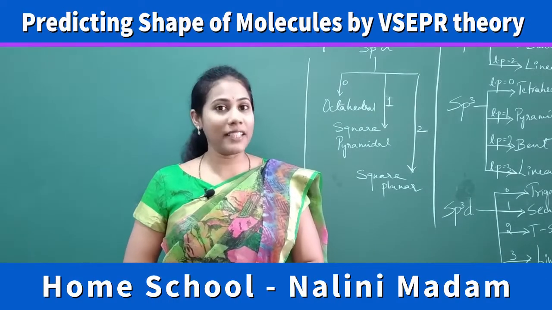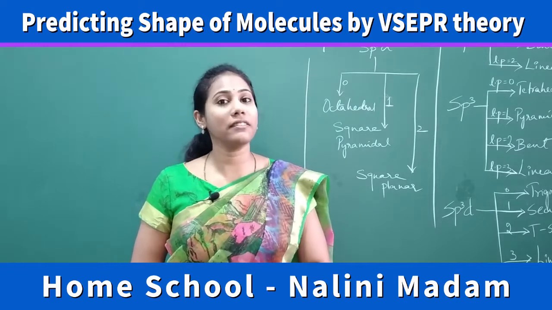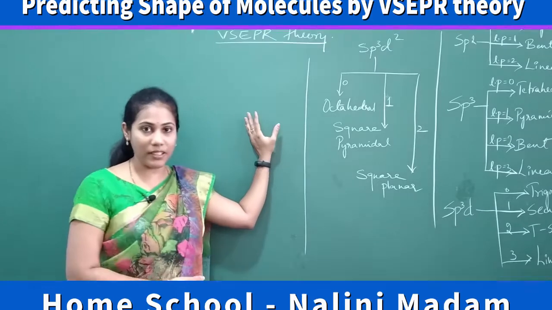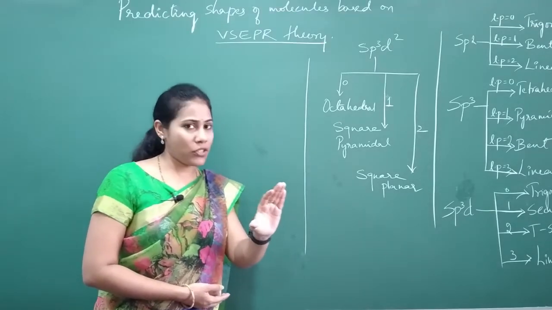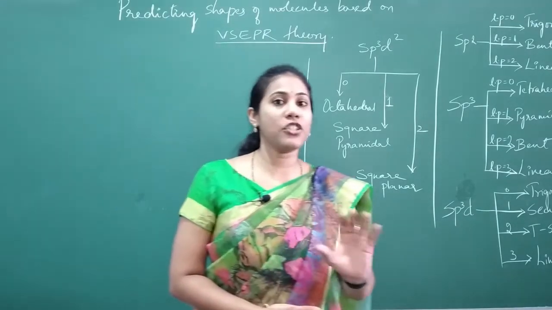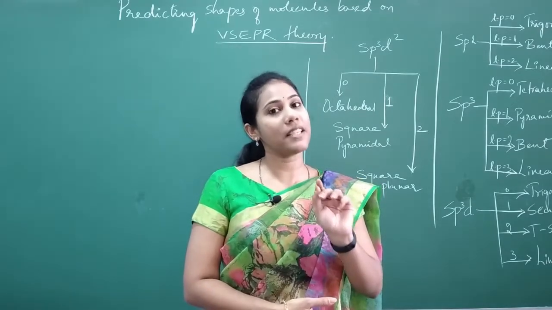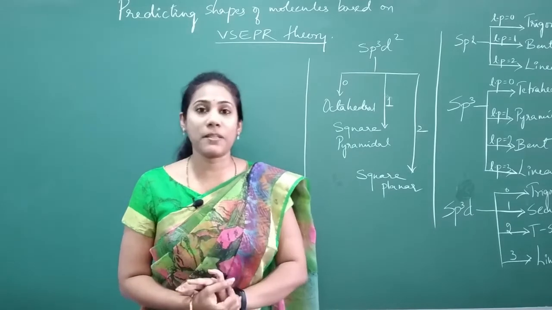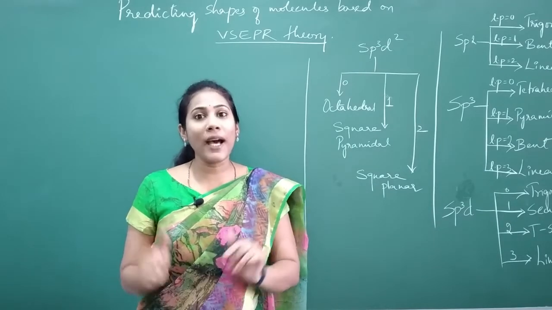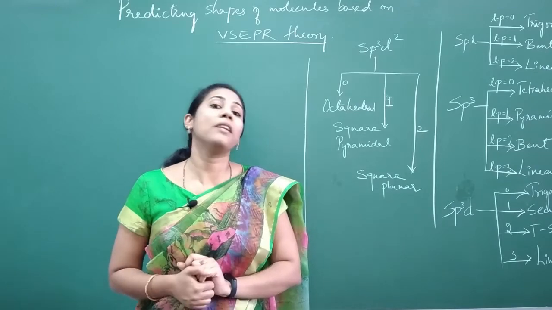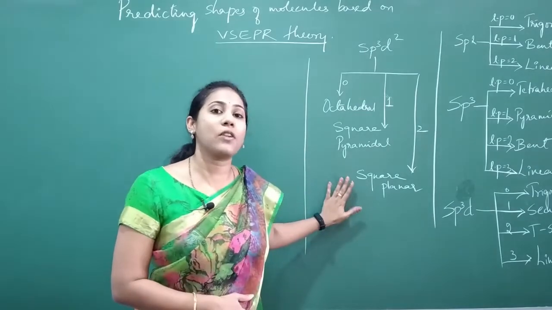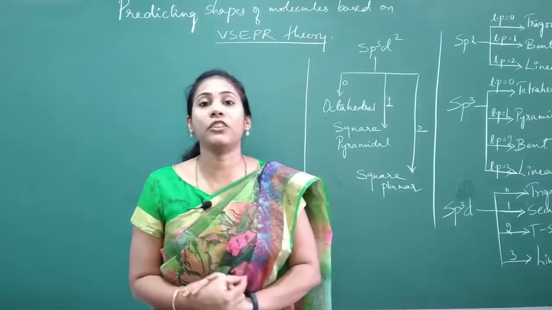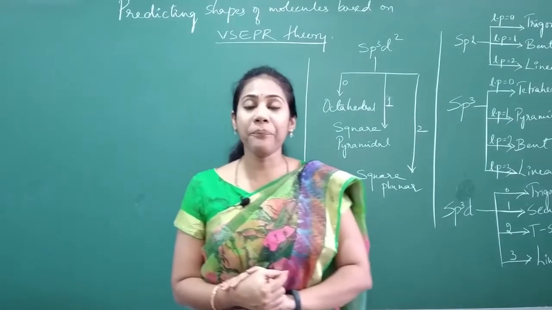Today we are trying to learn how to find the shapes of various inorganic molecules based on VSEPR theory. It is purely based on the hybridization only. To find the shapes of a molecule, you should compulsorily know the hybridization of the molecule. Otherwise, it's not possible. And one sure question from chemical bonding can be asked based on this concept as well as hybridization. So this is a very important topic for any competitive exam.